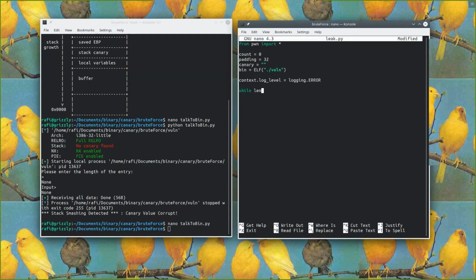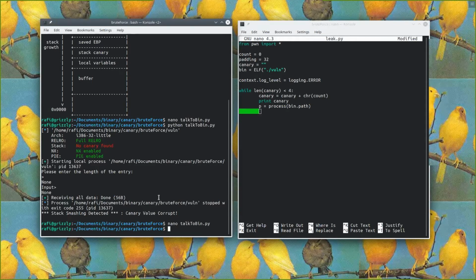So we'll do while the length of our canary is less than 4. We will let our canary equal itself plus our candidate character, which will be character count. The character function just outputs the nth hex character. So 0 would be 00, and then 01, and so on, up to FF. We'll just print the canary out for the sake of debugging purposes. We will also begin our process of our binary, so bin.path. And similar to our proof of concept, which we will look at again,